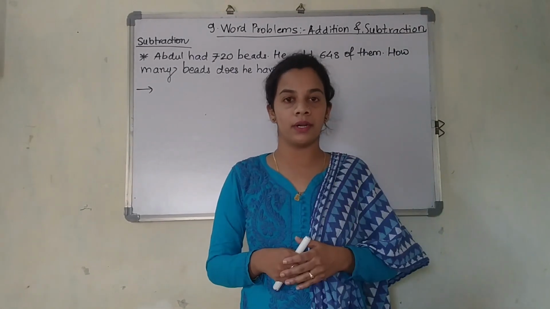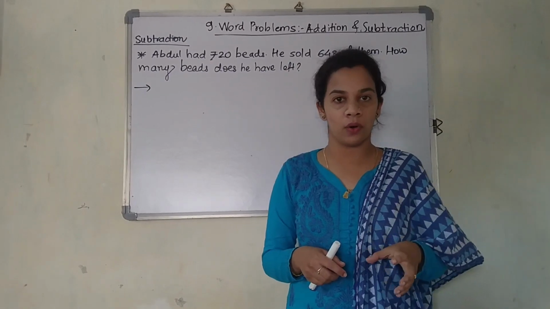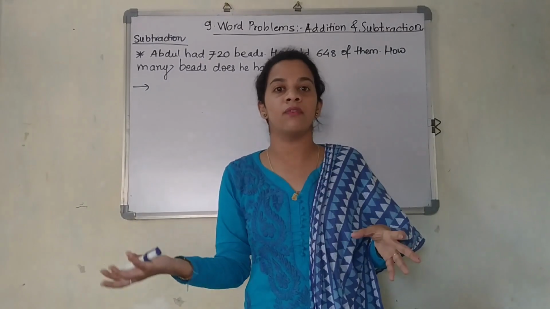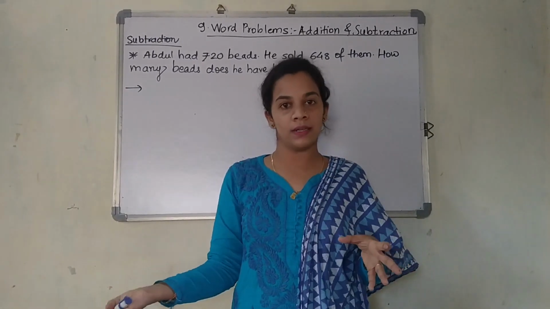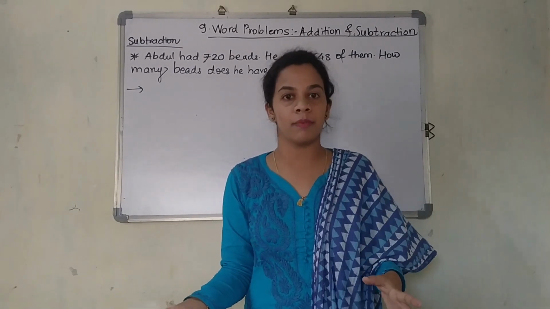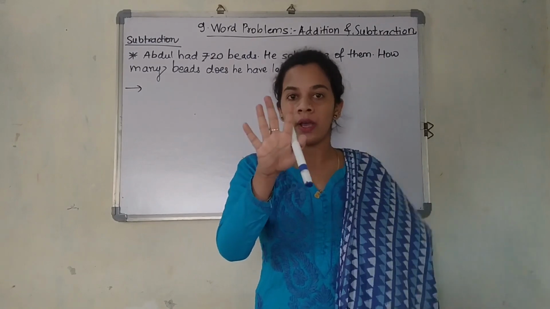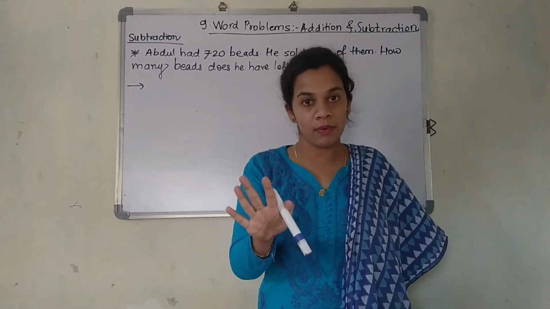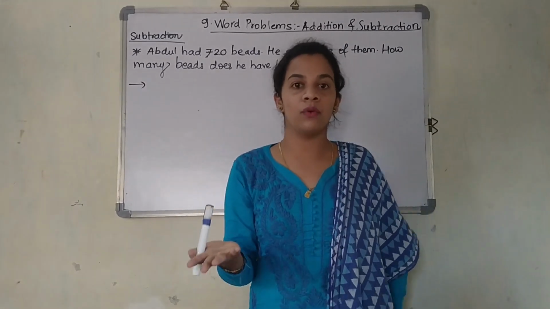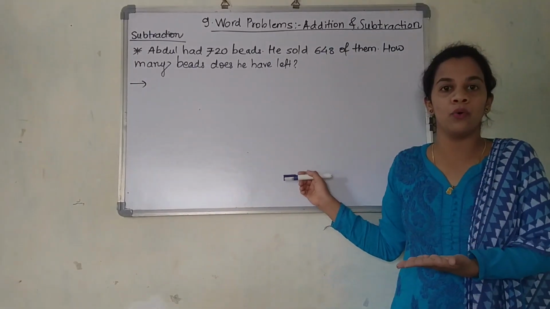You just think about it. If you are having 10 chocolates, and you give 5 chocolates to your brother, how many chocolates are remaining with you? I am having 10. I am giving 5 to my brother, so I am removing this 5. So how many am I having? I am having 5 remaining with me. So what did you do right now? You did the subtraction. Same we are going to do over here.